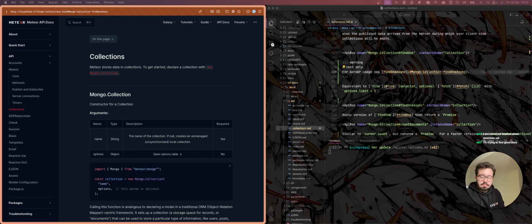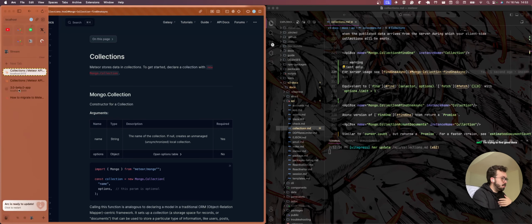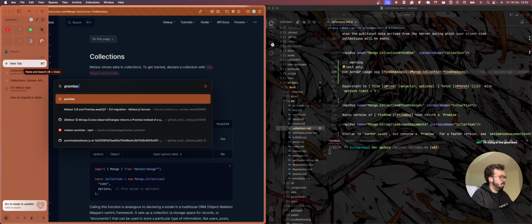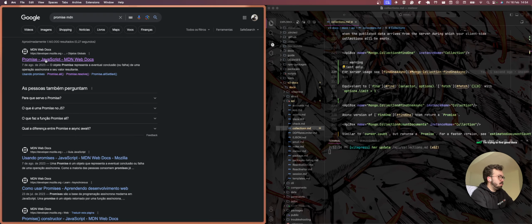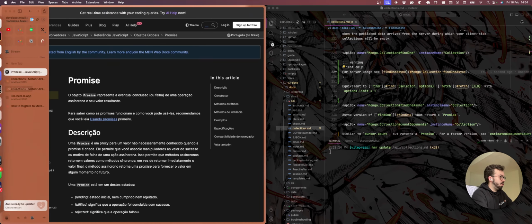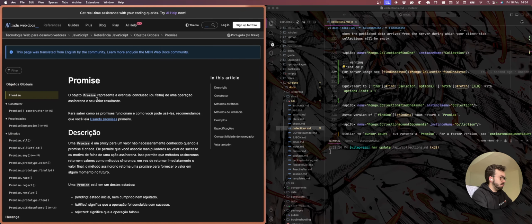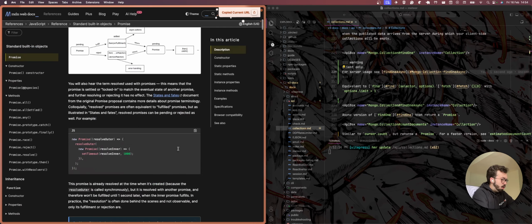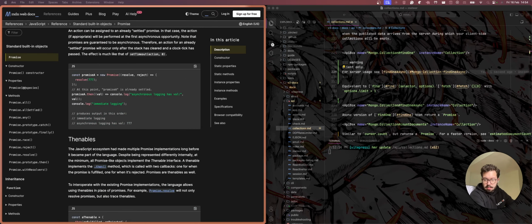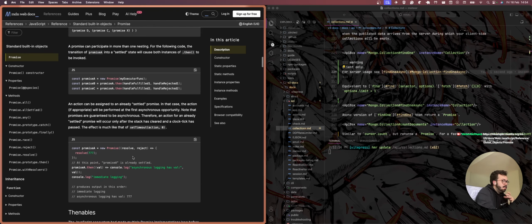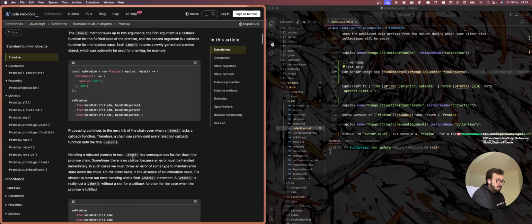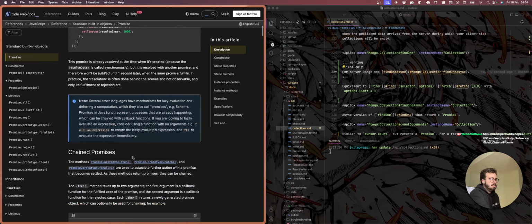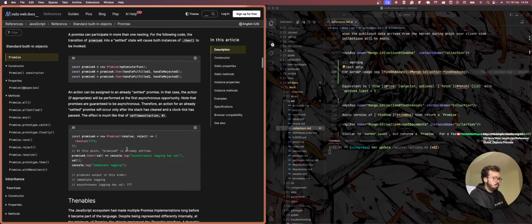Yeah, exactly. For me, when I was learning about promises in general, I used this thing, the Promise MDN. For me, the best way to understand promises. Let me see if, yeah, it's in Portuguese. I don't know if it's in English. Yeah, this doc by far is the best doc for explaining what a promise is. At least for me, this is the go-to thing because it teaches not only what it is and what it does, but what you can do that's actually really interesting with it.